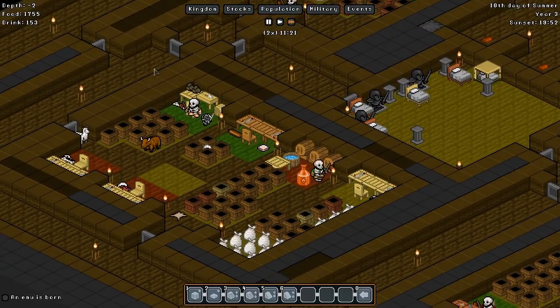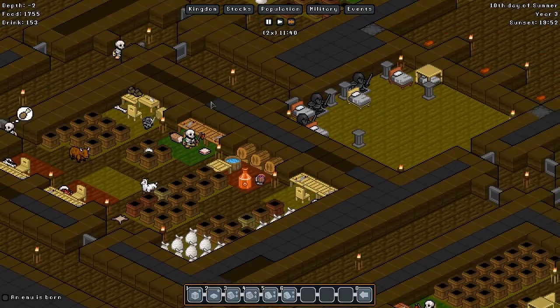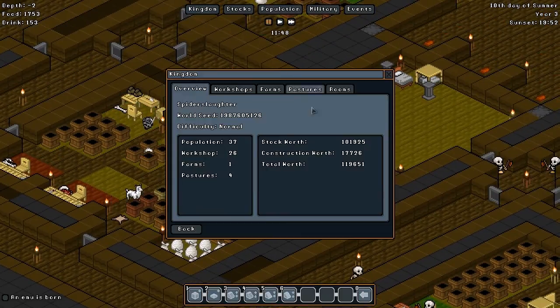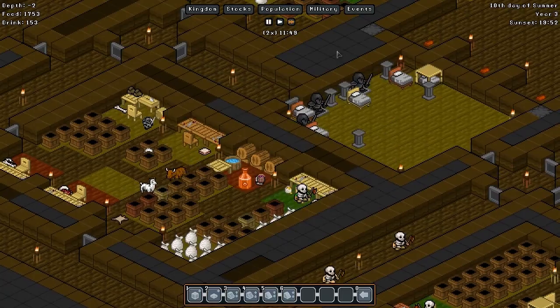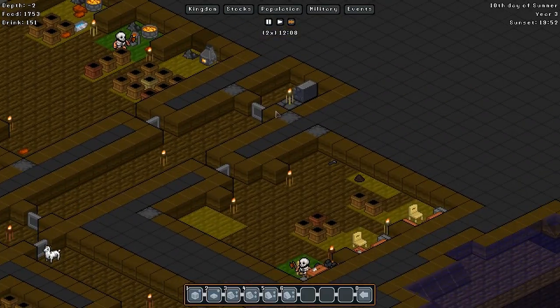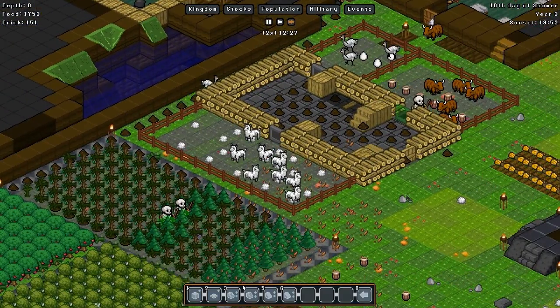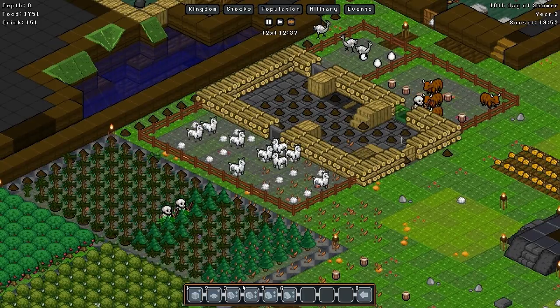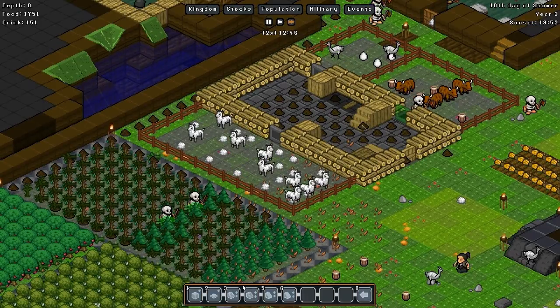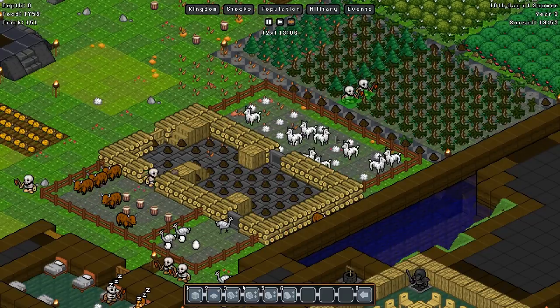And that should be fine. We're letting our food stocks and drink stocks go down a little bit, trying to keep an eye on our kingdom worth. Oh, another problem that was fixed in the latest version is, in some instances, legendary items were not properly recalculating their worth. Now, that was a problem when...